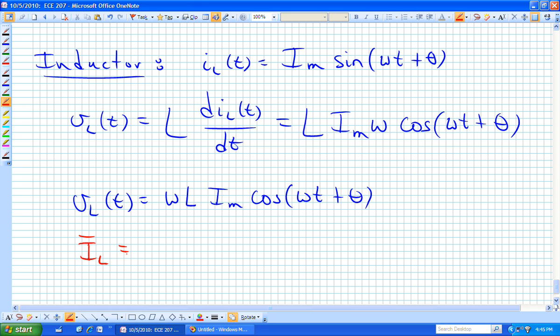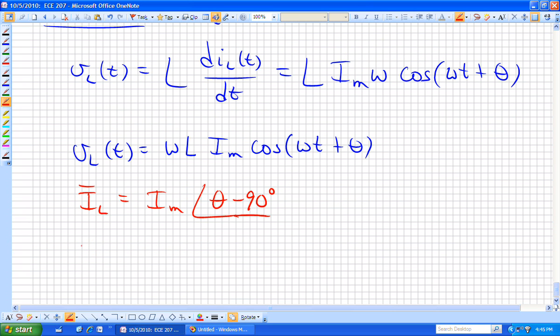I sub L is a sine, V sub L is a cosine. We need to get them consistent. Let's convert to cosines. If that's the case, what does I sub L look like as a phasor? That's the easy part, isn't it? The magnitude. Then we have theta minus 90 degrees. And now you know why we subtract 90, correct? What's V sub L as a phasor? omega L I sub m